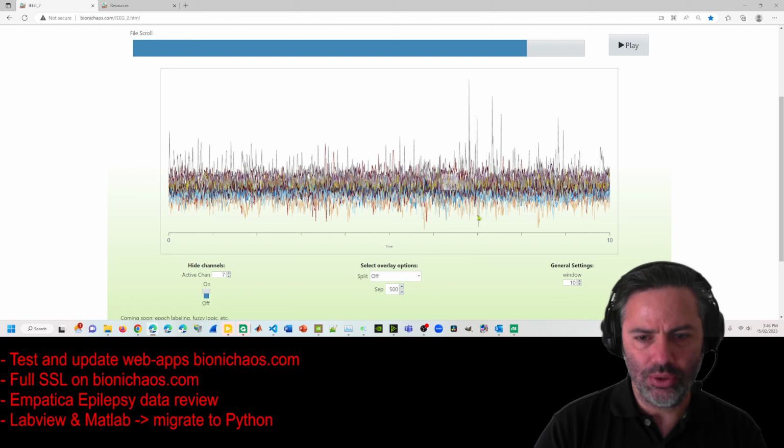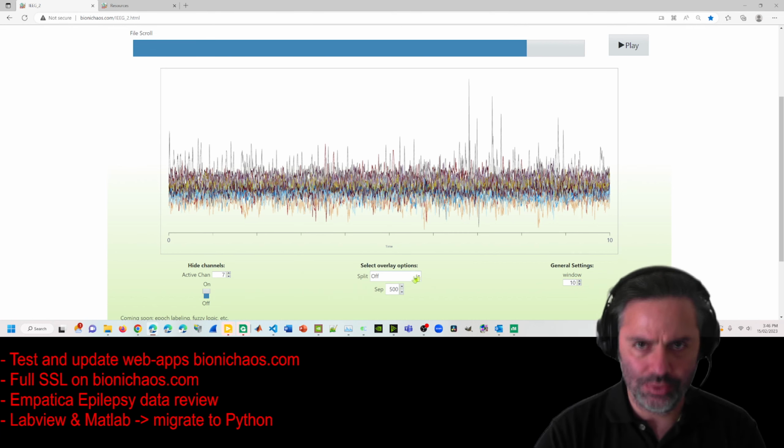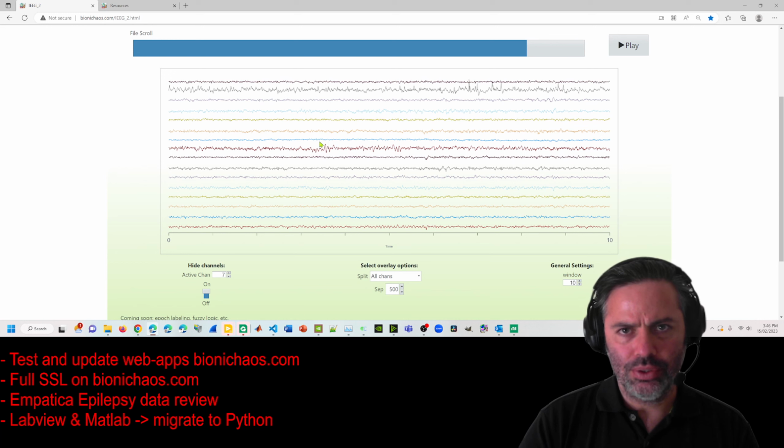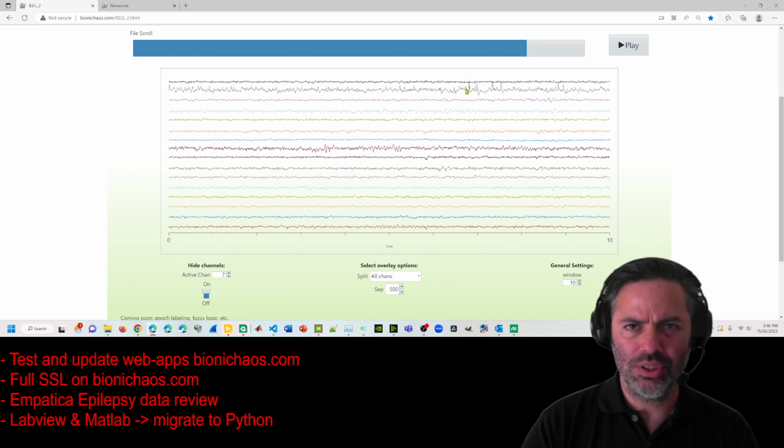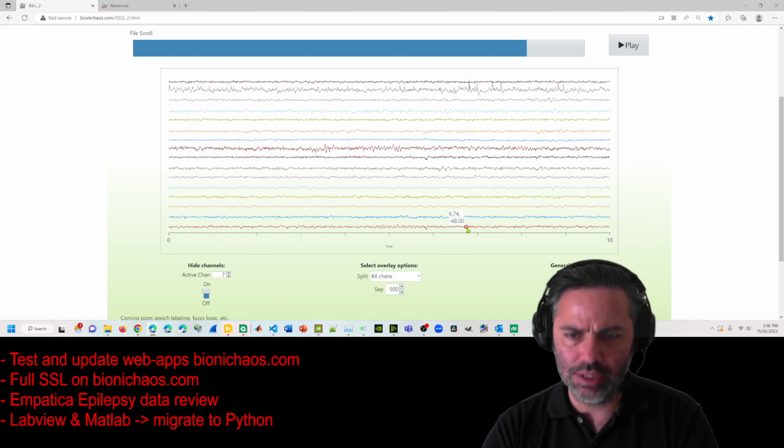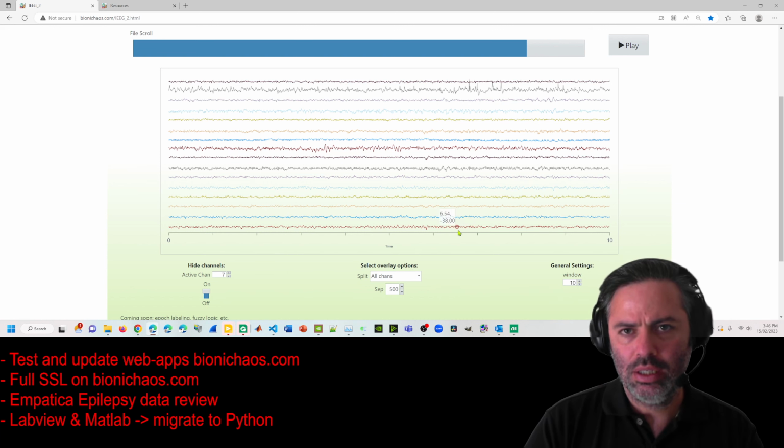This one is auto scaling, but for the whole thing. So when you split it like this, all channels, all the scale, making sure it's all the same on all channels. So when you see a signal larger on that channel, which is actually like channel 15, say, and smaller on this channel, channel 1. So you can just see it from there.